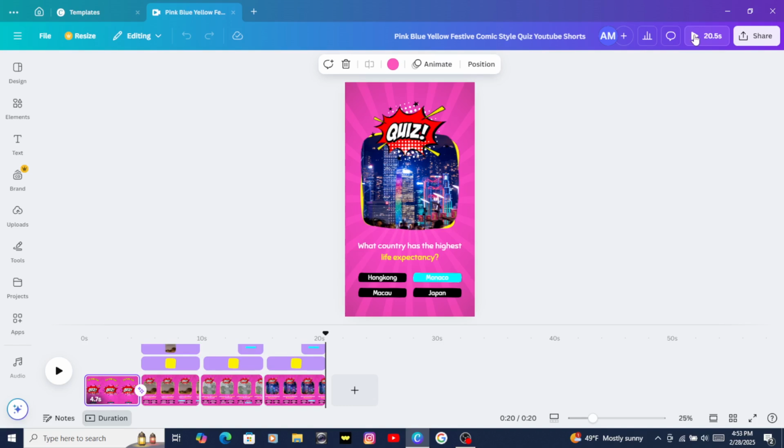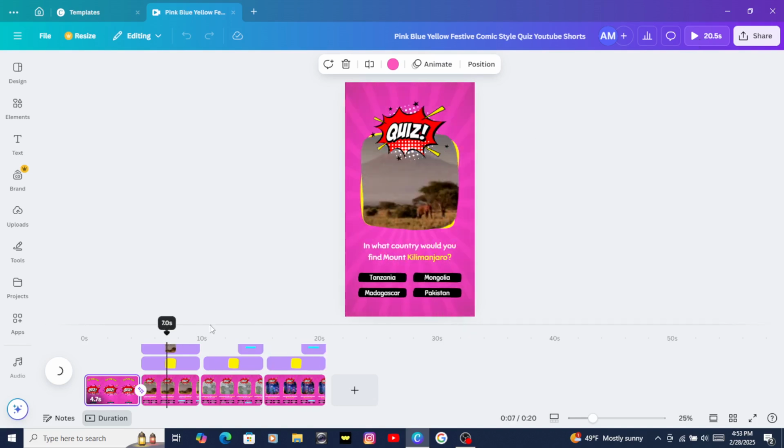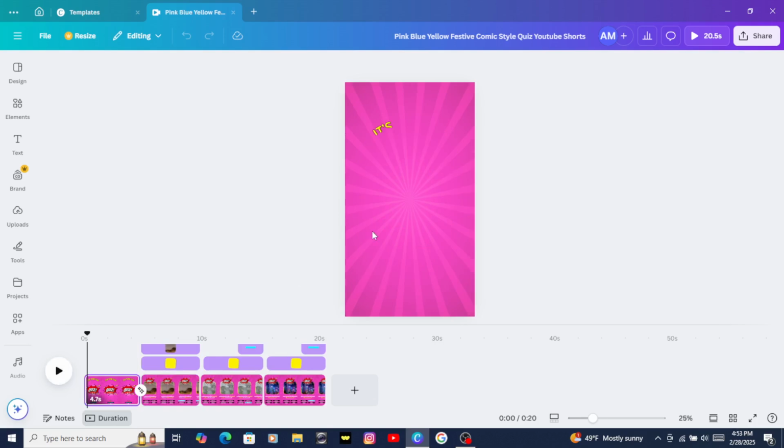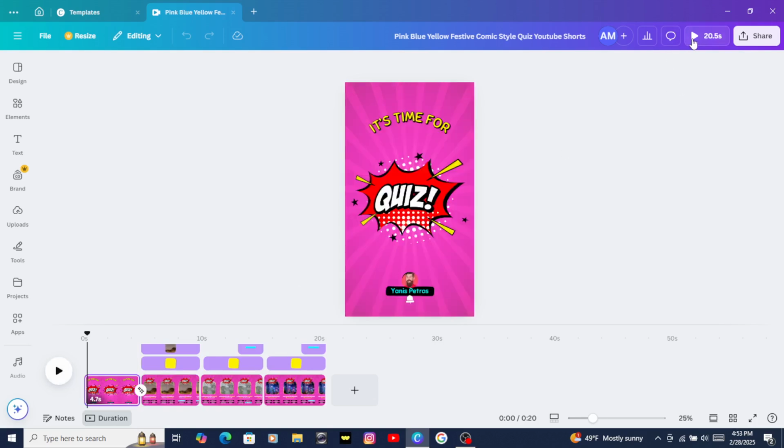So right here is 20 seconds because each time you click or bring something into your project, it's going to count the amount of seconds total up here. A lot of times, how often have you gone to watch a video on YouTube and you find a cool video that's HD crystal clear, and then when you click on it, the volume is low? Well, what I always do is after I'm done